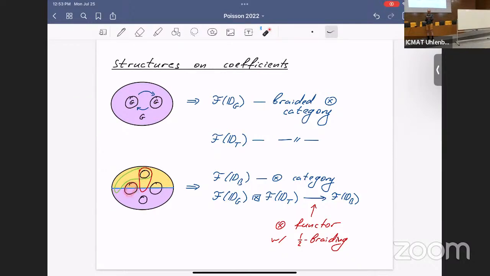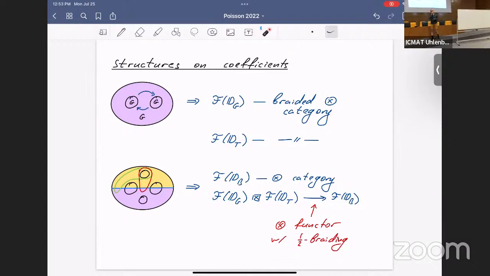You can take a B disk and include a G disk into another B disk like this, or you can take a B disk and include a G disk to be like this. And this is what people call half braiding, and I'll show in a formula what this really means. Right? So now what we want to do is find some categories that will have all these properties,